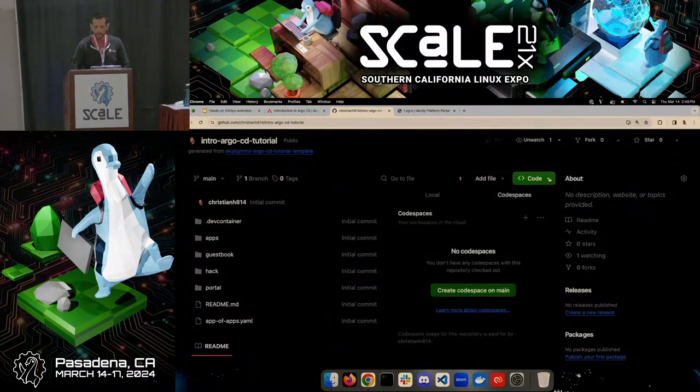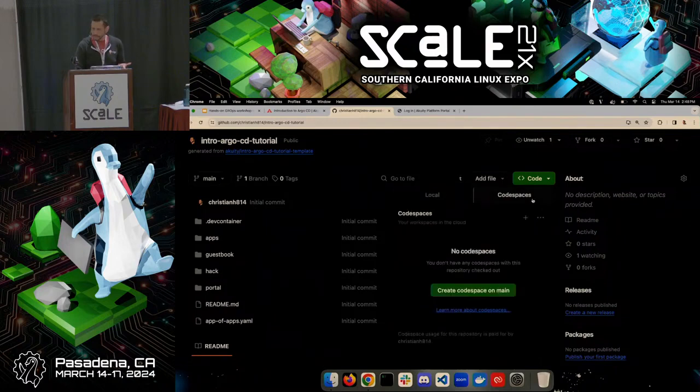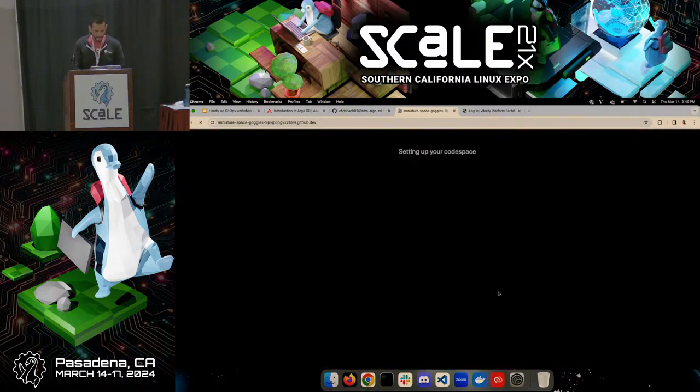If you click on Code, it might have you here. Just make sure to click the tab where it says Codespaces. It says "Create codespace on main." Again, if you're on a free tier and you already have a codespace, you may have to shut it down to be able to use another codespace. But click on "Create codespace on main." This will open up a new tab, and